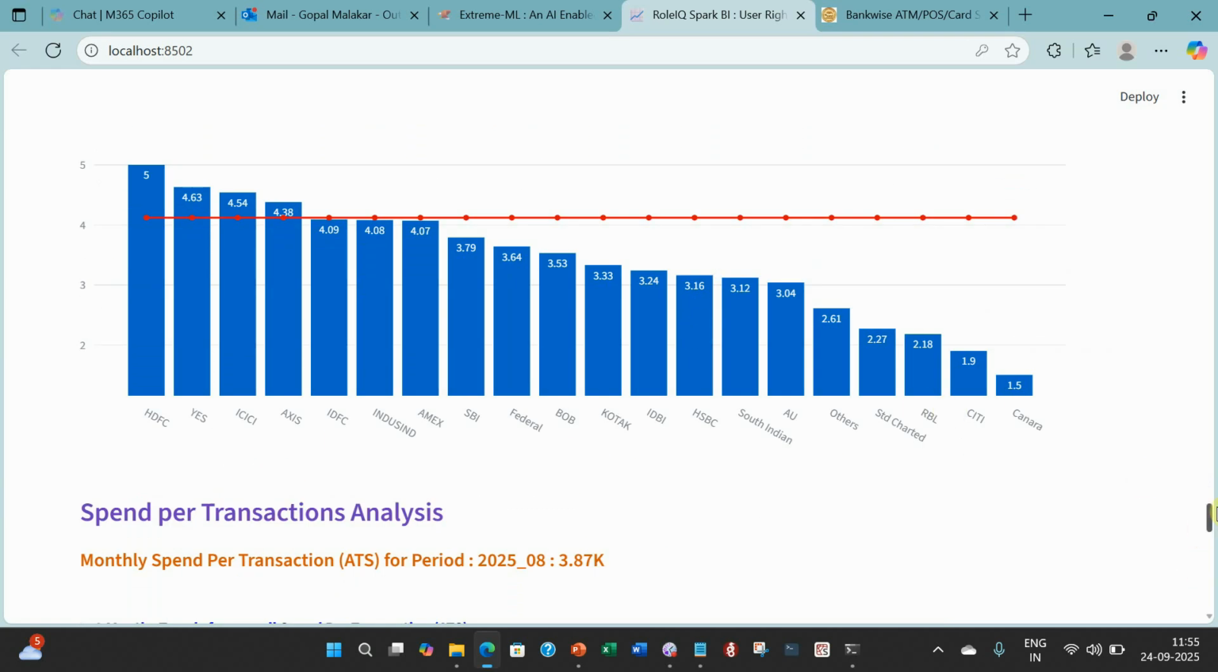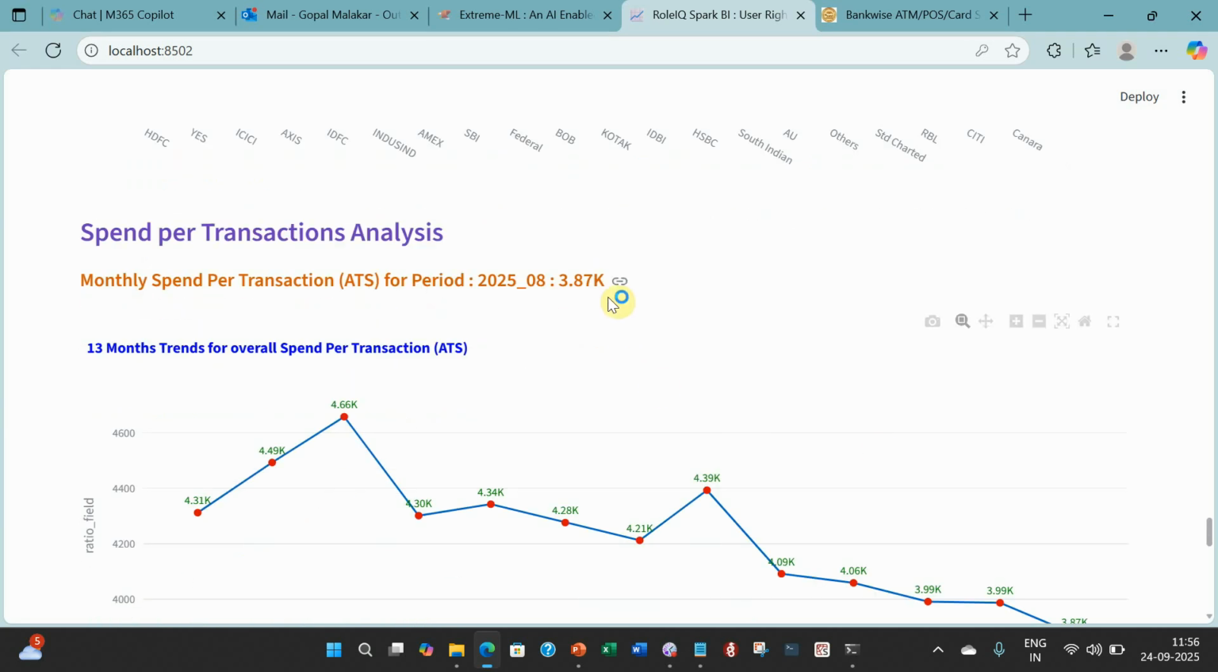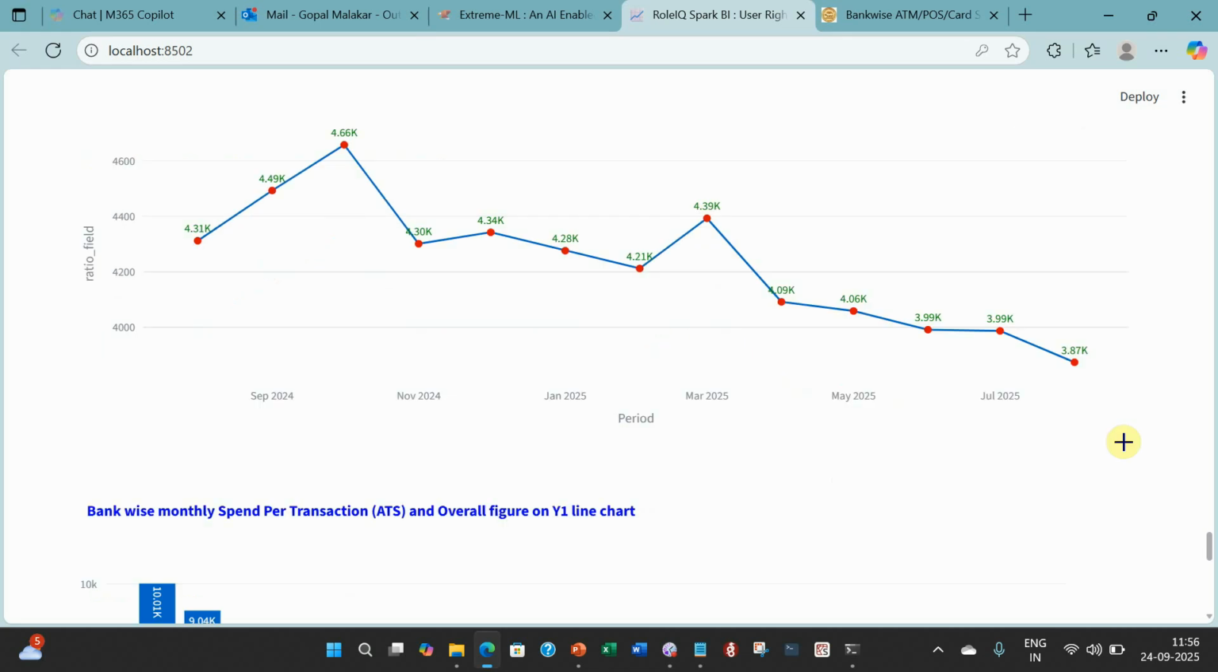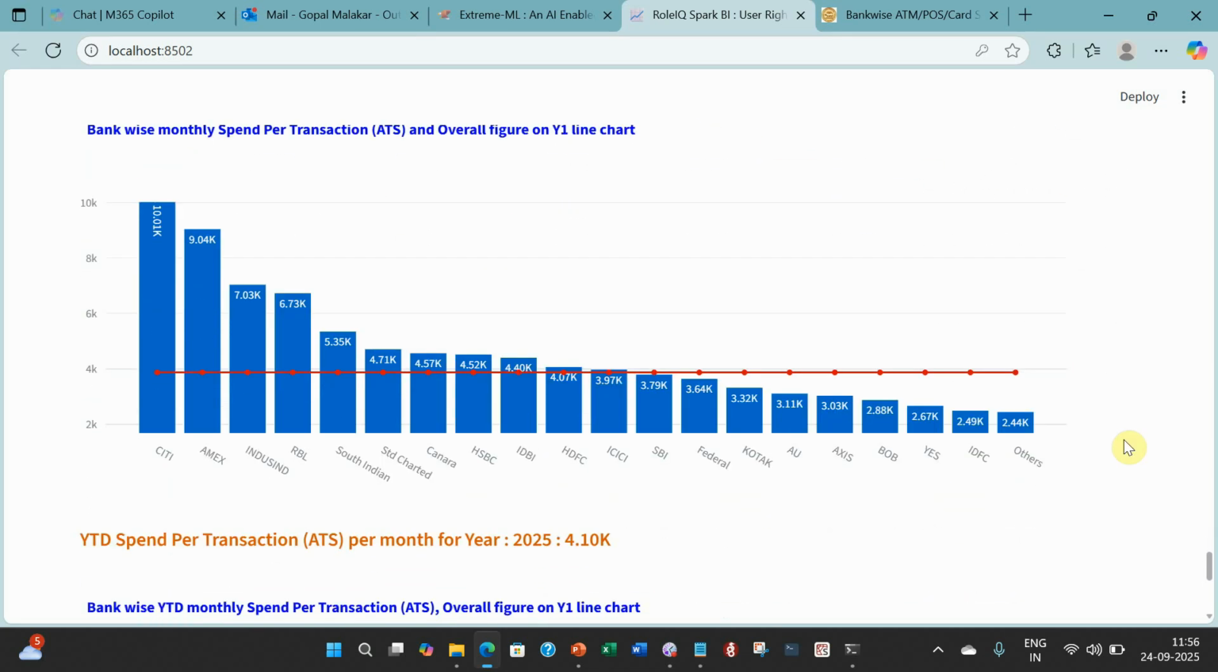Now look at spend per transaction. In one swipe, how much are people spending? In one swipe, people are spending almost 3,870 rupees. And this goes down, but that is all because of UPI transactions, which I'll prove to you very soon when I show you the animation. So bank wise, Citi has the max, probably because of its corporate portfolio,